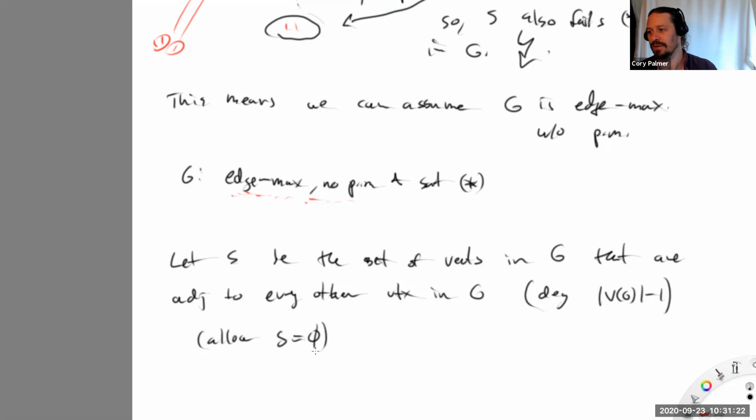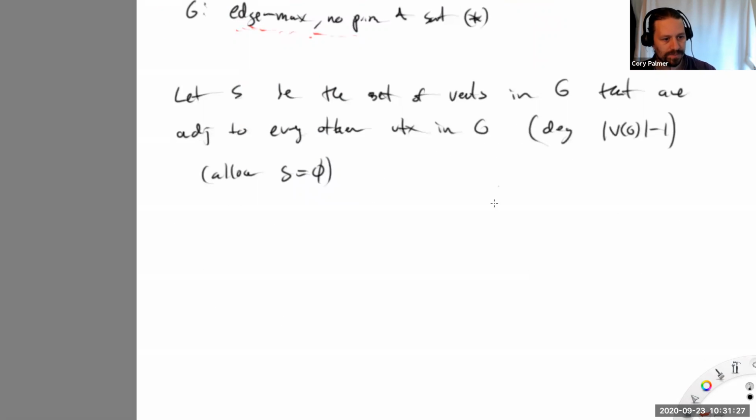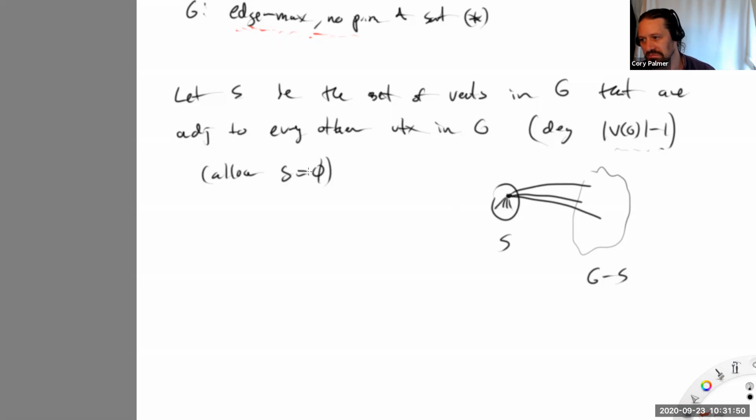Maybe there's no such vertex, but that's going to be our set S, and this one's going to work for us. So this is S. I haven't removed it yet, but I know this is the rest of G. This is G minus S, and every vertex here goes to every single vertex across there, and it also goes to the other vertices inside of here. That's the definition of the vertices in S. They're the vertices of degree n minus 1. Again, if no such vertex exists, fine. S is the empty set. All right. So now we have an important claim here,